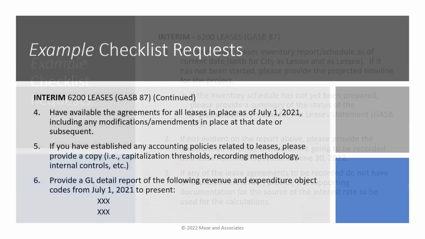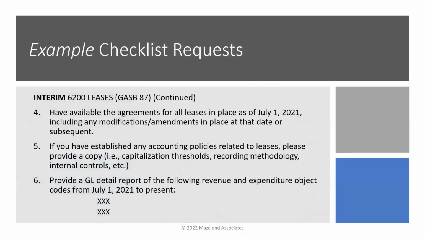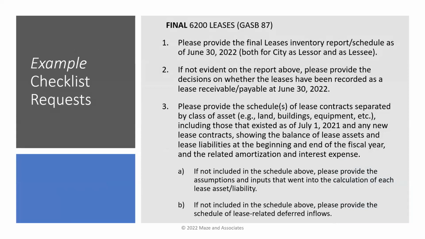This will be the first generic one that you're going to get. You'll notice number 6 here, a GL report of the revenue and expenditure and object codes, because we're going to pick transactions that are in those lease accounts to see if the lease agreements are on your inventory. That's why we say you want to have a full inventory, because if we pick one and it's not on the list, then we think, did you ignore it, or did you make the decision? You want to have that trail of your decision of whether something is subject to 87 or not. And again, it's going to help you in the future. If someone on your team runs into a lease agreement, it's not like it's a brand new lease agreement. That's why you want to have that full inventory or list of your agreements.